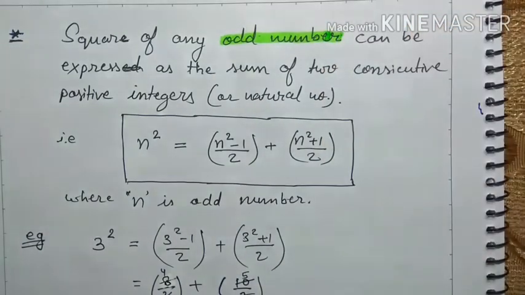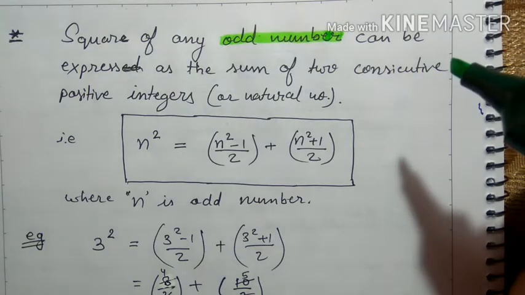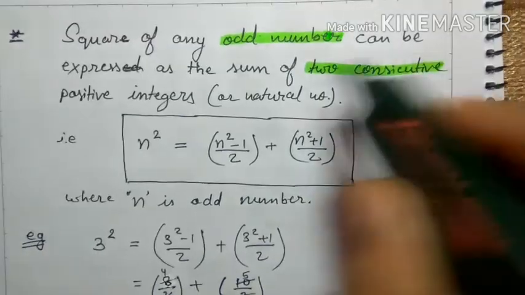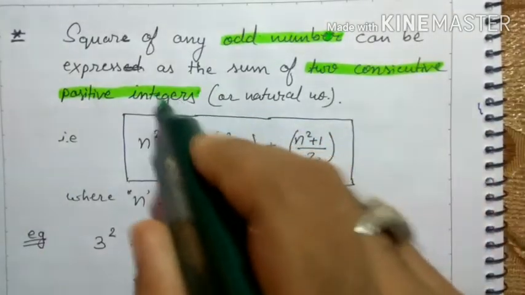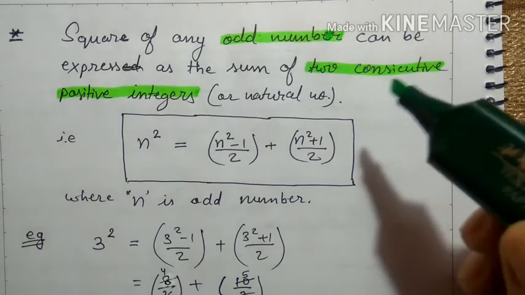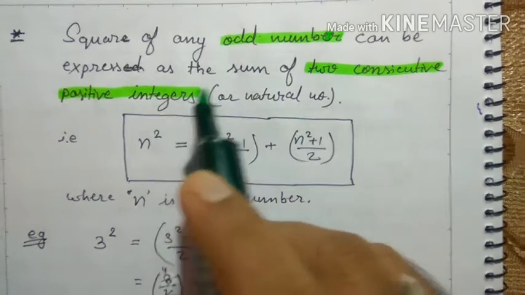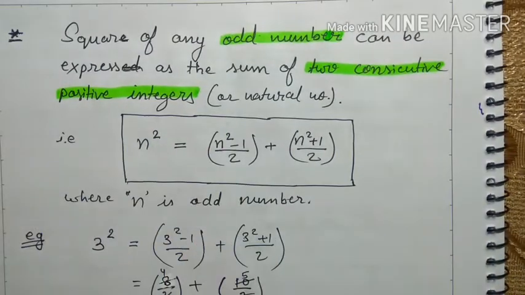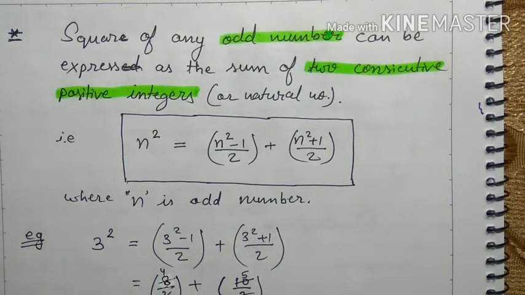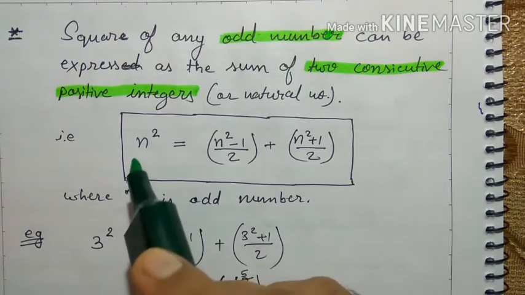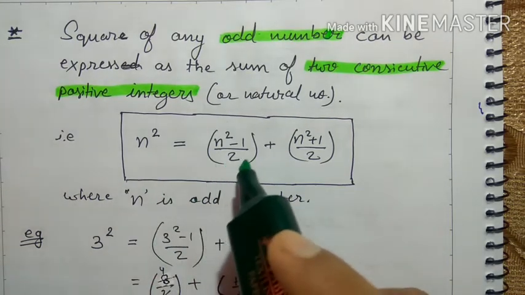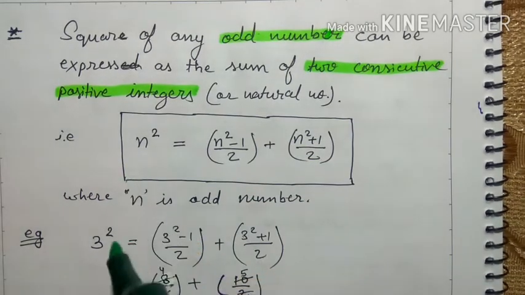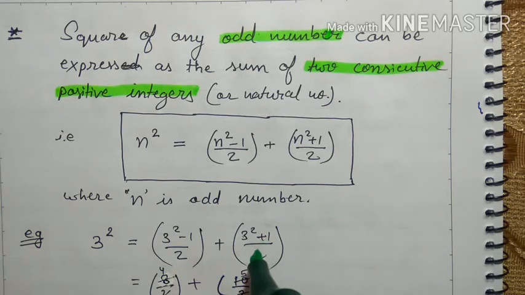The square of any odd number can be expressed as the sum of two consecutive positive integers, or natural numbers. So this is one of the properties in which the square of any odd number can be expressed as the sum of two consecutive positive integers or natural numbers. In general, we write n square is equal to (n square minus 1) by 2 plus (n square plus 1) by 2, where n is an odd number. Okay, for example,